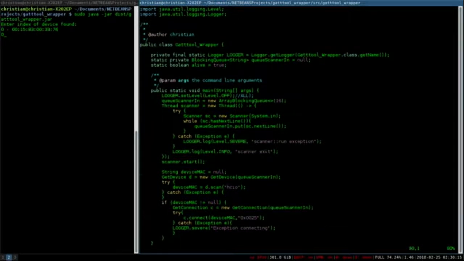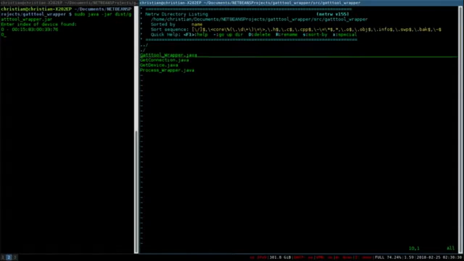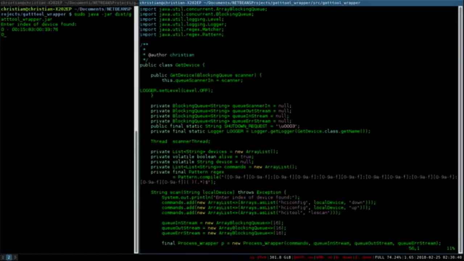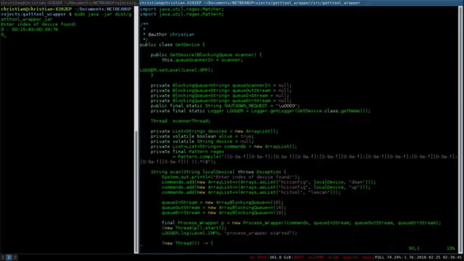The first helper class is gattdevice, which takes as an argument the queue which holds the data for the scanner. So in this class we have a bunch of queues which are to shuffle data to and fro, and then we have a bunch of threads being set up, and another helper class which